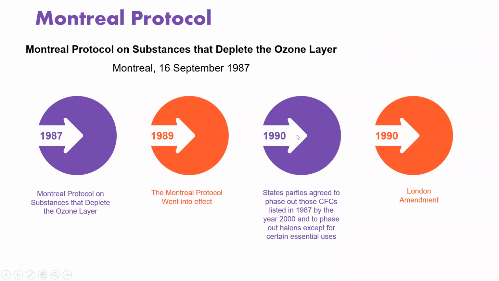So the protocol had a few amendments, and these amendments also included raising the ambitions and the commitment towards phasing out the dangerous substances. Also, it included the mechanisms of financing and supporting developing countries. Very quickly, starting with the London Amendment in the year 1990, there was some sort of an introduction of an interim multilateral